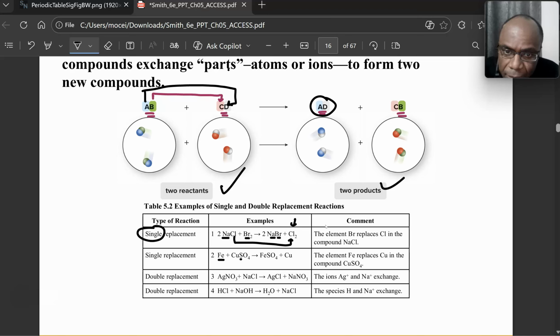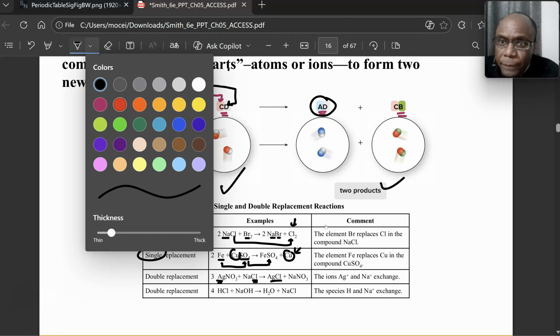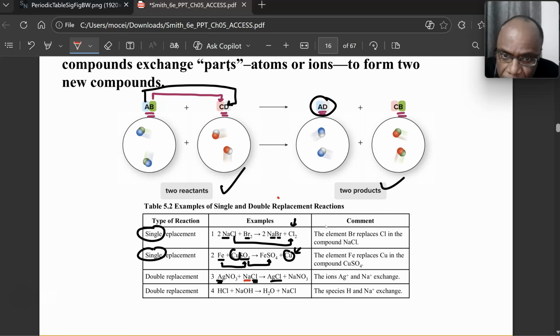Iron picking up the sulfate to give you iron sulfate. The copper is displaced. Singly displaced. Okay. Double displacement. Silver takes the chloride to give you silver chloride, and I see the sodium takes the nitrate